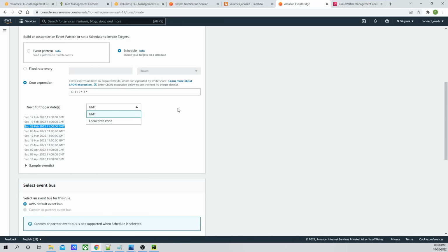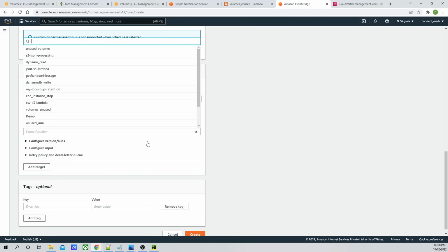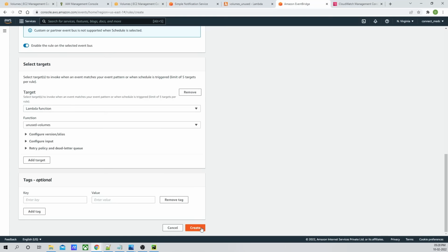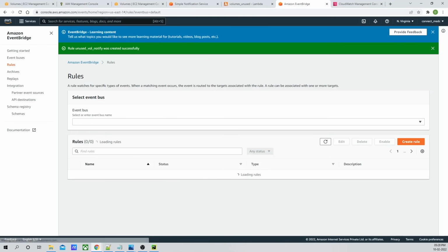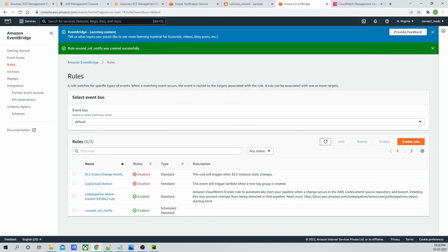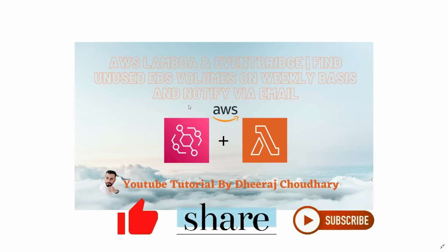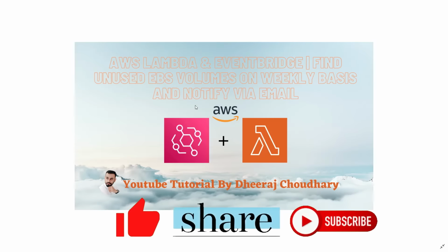You can also adjust the time as per your time zone. And over here in Lambda function, we are going to select our Lambda, that is unused volumes, and we are just going to click on create. So guys, this is how you can achieve the automation. In this automation we have created a Lambda function. This Lambda function checks the unused volumes in the account once a week, and this schedule we are setting in Eventbridge. So based on that schedule, it fetches the information and sends an email notification to the user so that they can take an